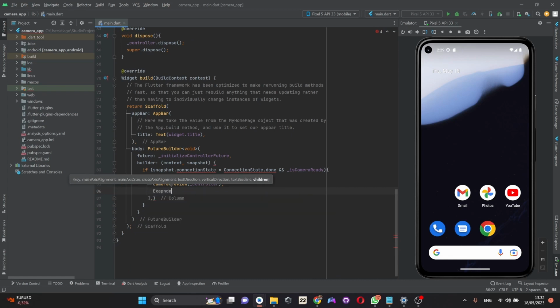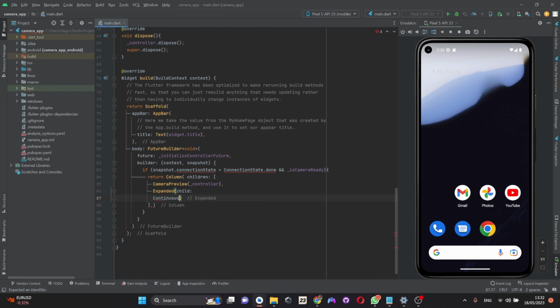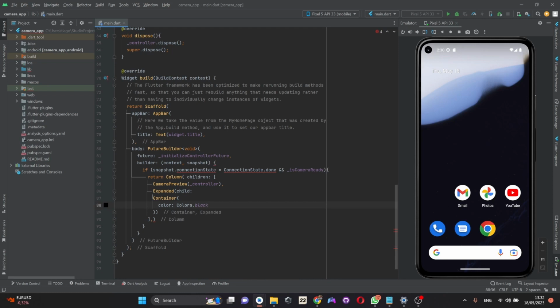So for that, I'm going to add an Expanded. An Expanded essentially will take the remaining space of the column, in order to use all the space available on the screen. The child of this Expanded is going to be a Container, not a continuous, a Container. We can define a color. We'll define Colors.black as the background color for it, and we'll make a child that is going to be